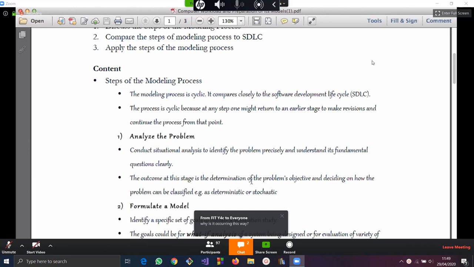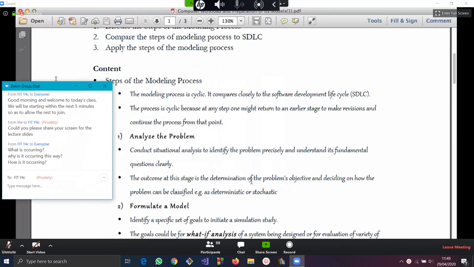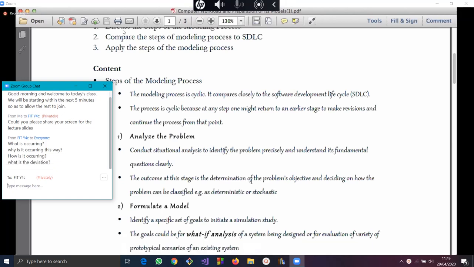Then, how is it occurring? All right. Then the last thing you ask yourself is, what is the deviation? So if you answer those questions,